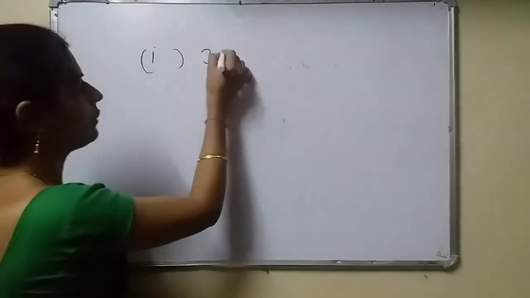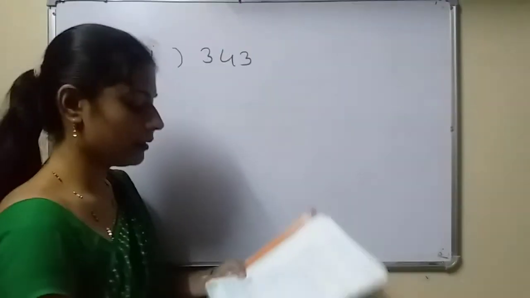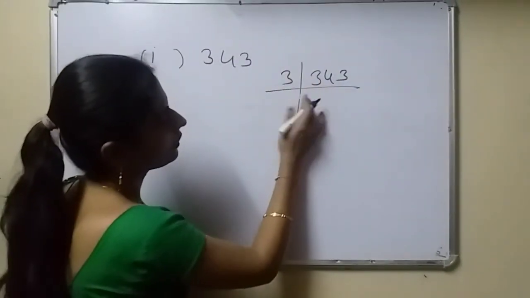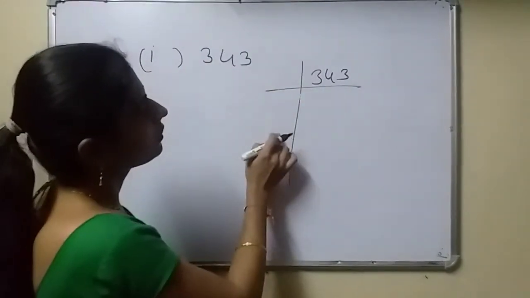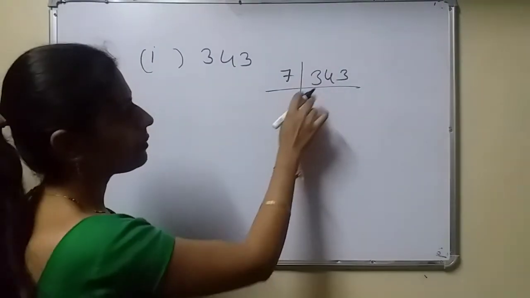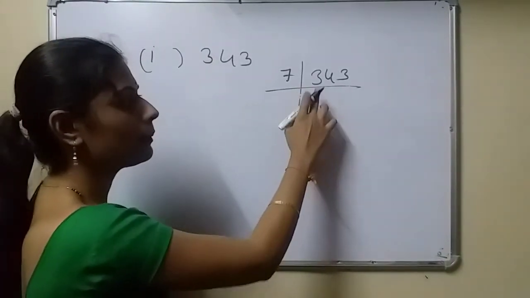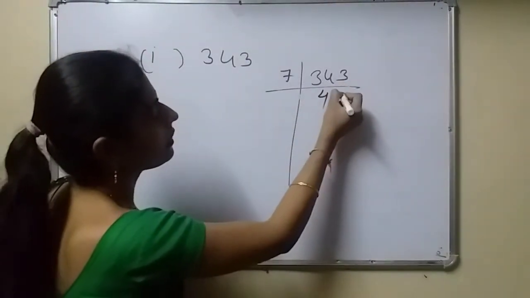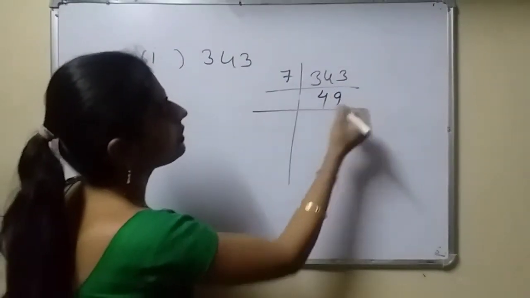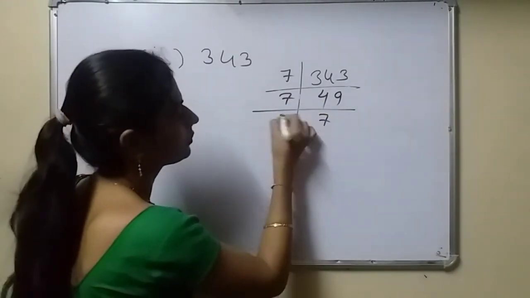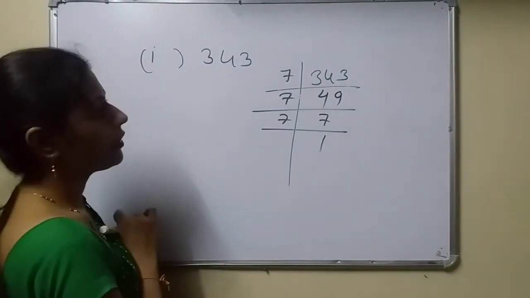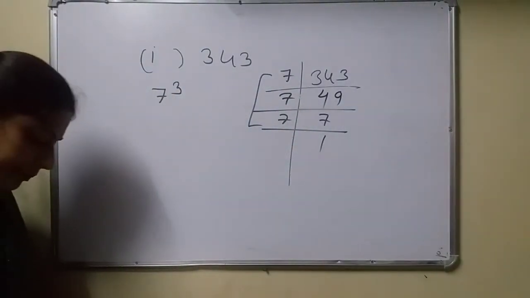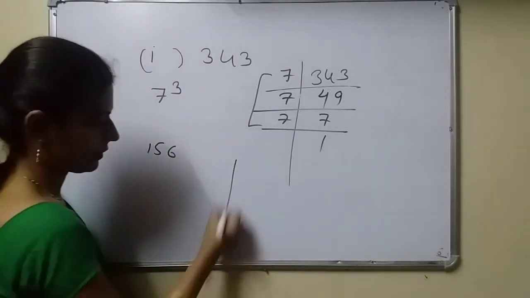I will solve 343. Now see, the denominator is not given here, so take out the LCM of 343. Directly it will be divided by 7, because it is an odd number, but it is not divisible by 3. So 7 4s are 28. Remainder 6, 7 9s are 63. See, what is the pair you got here? Cube of 7. Okay. Now 156.